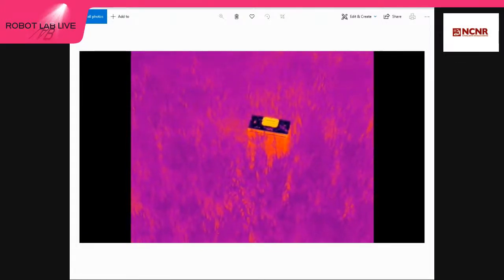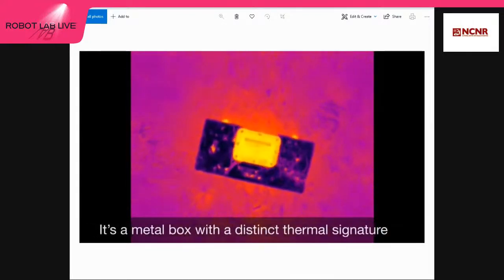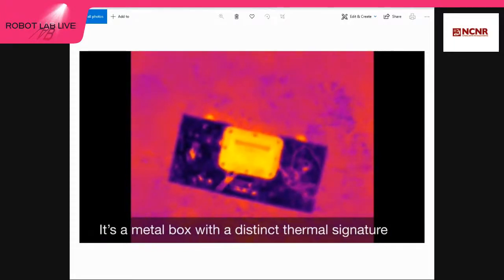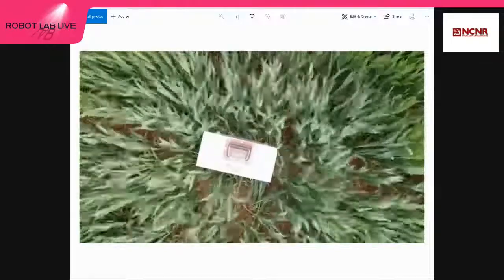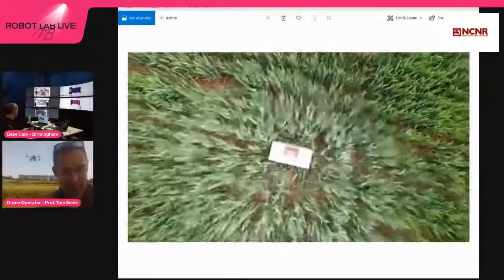But of course, when we get over it from the radiation data, we then switch on the thermal camera and we can very quickly see that it's a foreign object. And we know not only its radioactivity, we know its location, we know what type of object it is. And that's really important because then we can hand that data in real time over to Mark and his team,